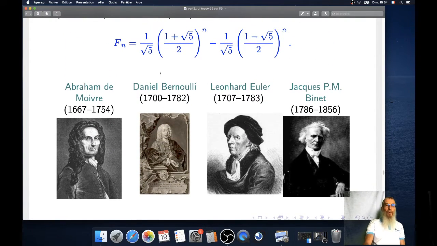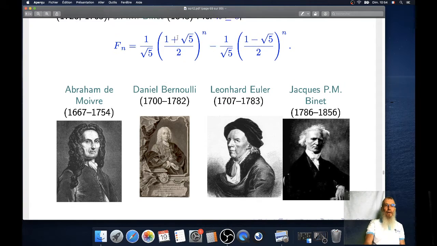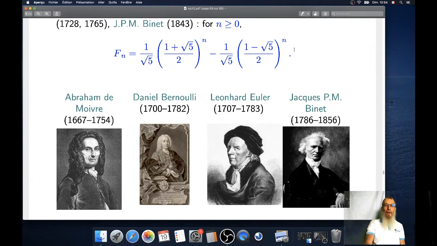So if you want to compute F(n) with a number n which is very large, you just compute this number, phi to the n divided by the square root of 5, and it's very fast to compute phi to the n. There are some very nice algorithms to do that. And this other number here is very small because (1 - √5)/2 is a real number which is between -1 and 0. So this tends to 0 very fast. So this number is very close to an integer, and this integer is the Fibonacci number.